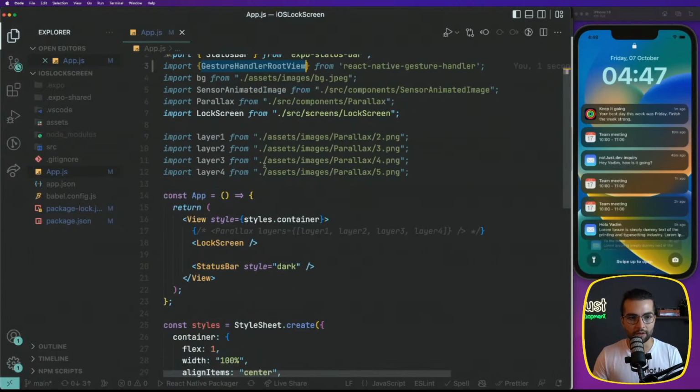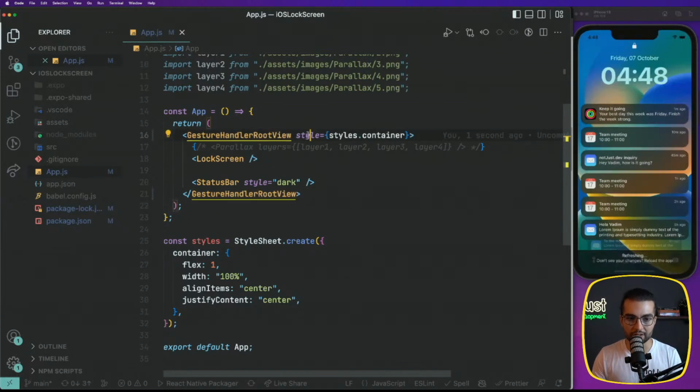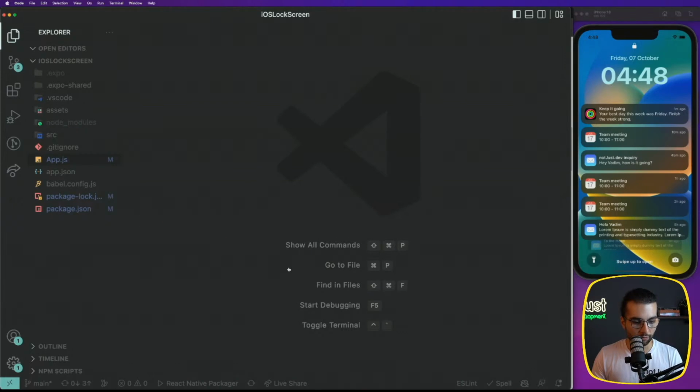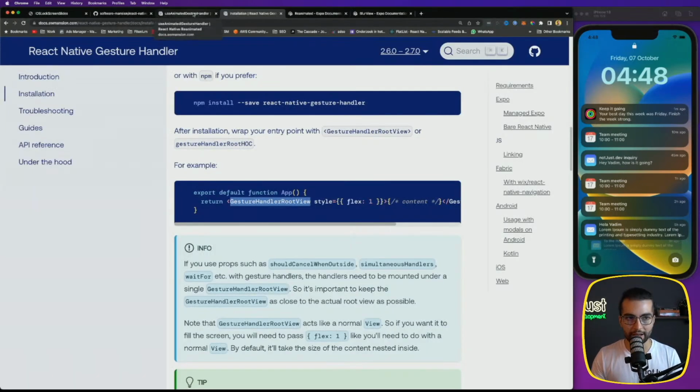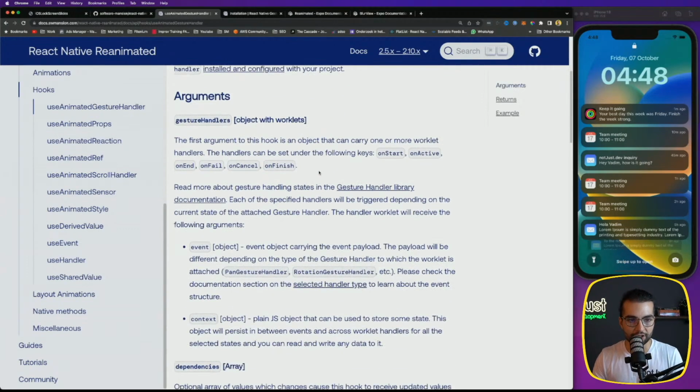This component, we always need to wrap our application with it in order for our application to properly manage the gesture handler. So we can actually replace this view with our GestureHandlerRootView because it extends a view and it supports the style. So now everything is okay, everything is prepared for the next step. Our next step is going to be where? Going back to our reanimated, we're gonna use the useAnimatedGestureHandler in order to drive some animation for